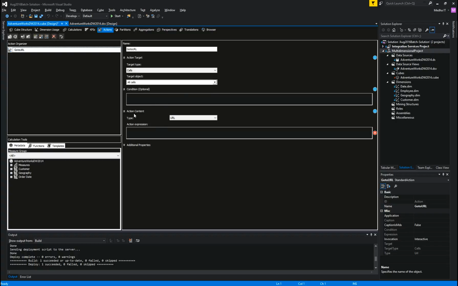And here, action content, action type, I want to select URL. So these are the different action types we have: data set, row set, URL. Since these are more frequently used, they provided explicit buttons here, but